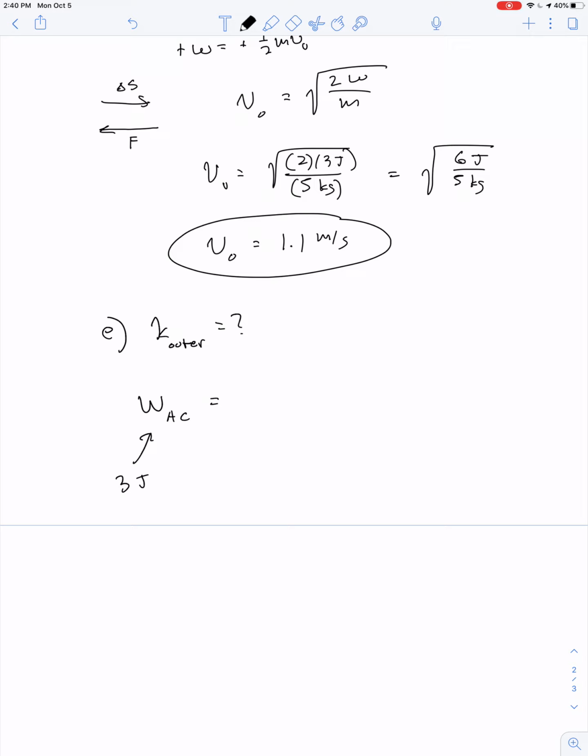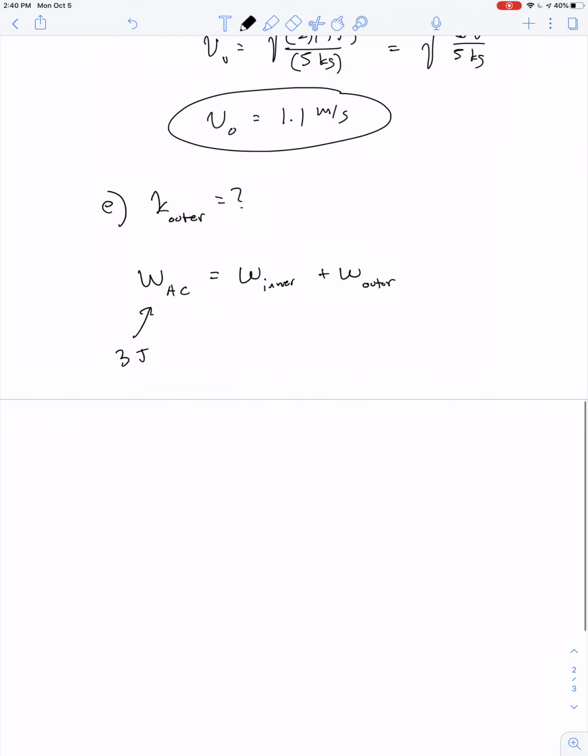It's the work done by the inner spring plus the work done by the outer spring. But the work done by the inner spring should be calculated as the integral of the force of the inner spring dot dx, because the springs are compressing along the x-axis,